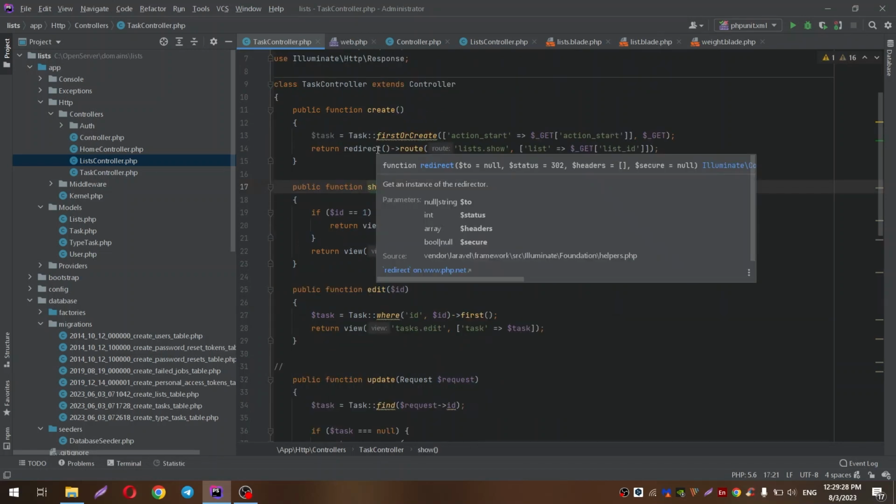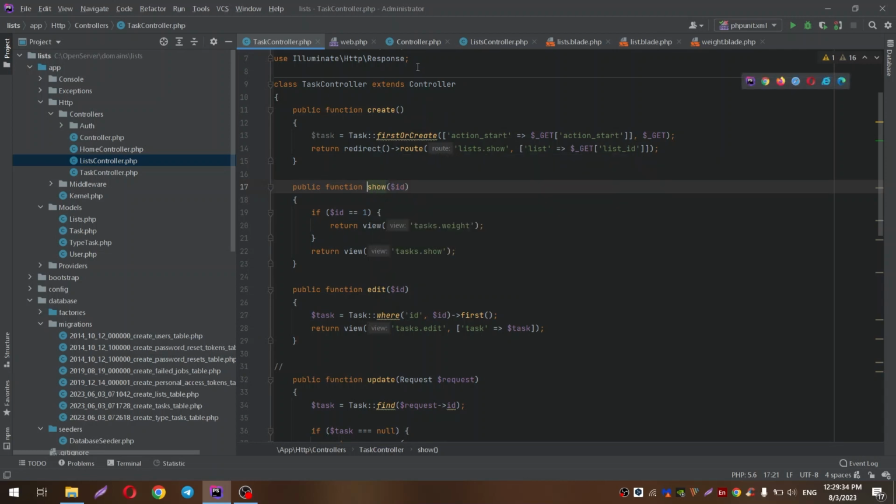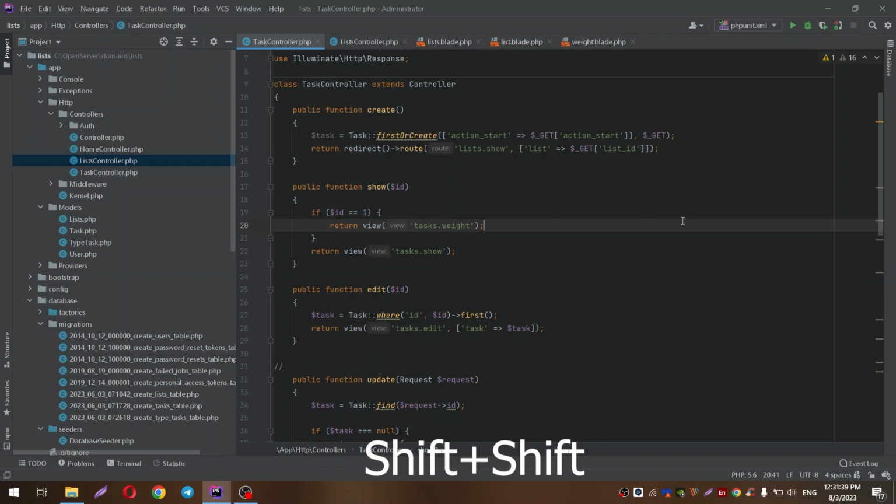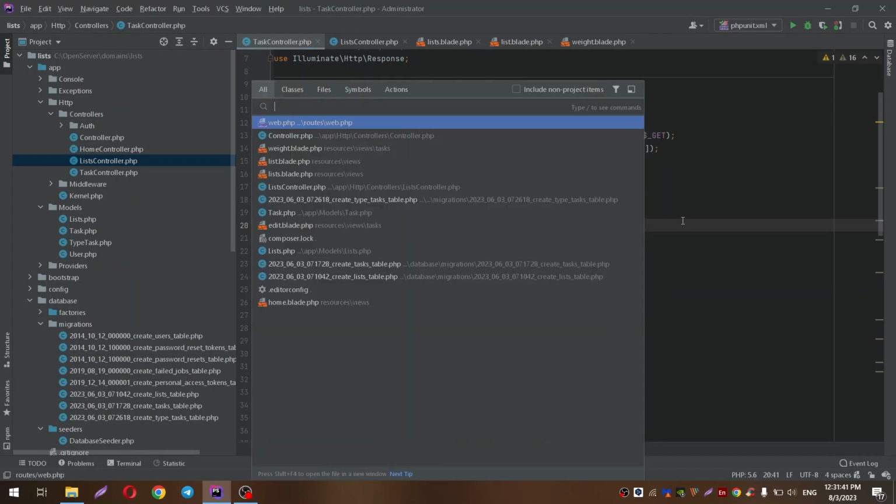To go to a method or class that is located elsewhere, while holding down Ctrl, click on the name of the necessary method or class and instantly go to the desired location. This technique comes in handy when you need to look deeper into the code you are using and see how it works. Double Shift calls the search window for classes,